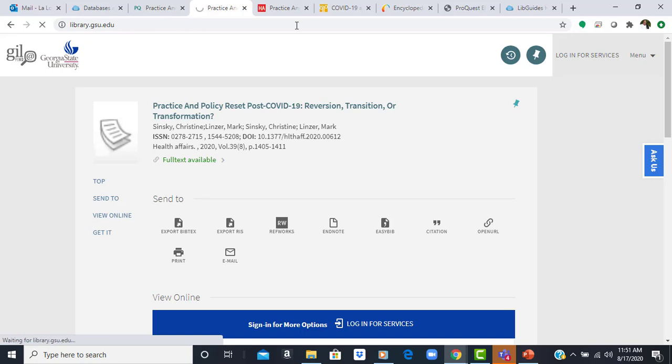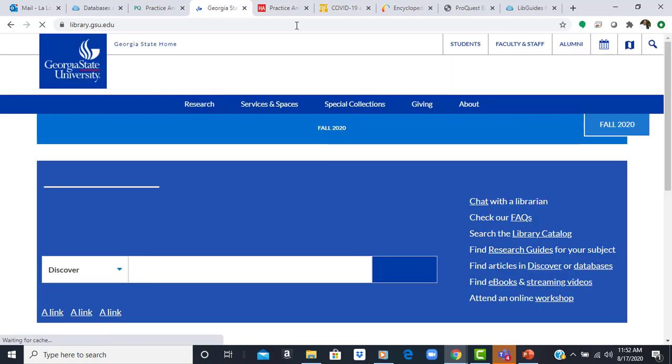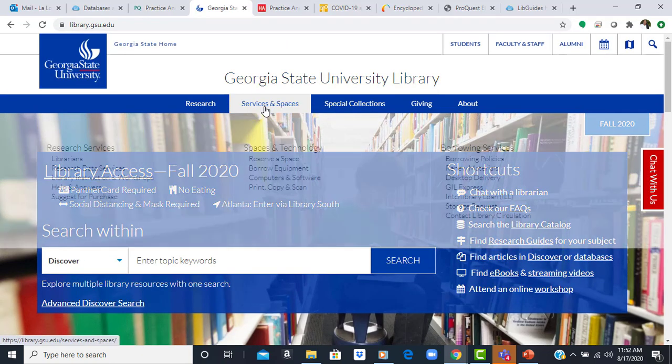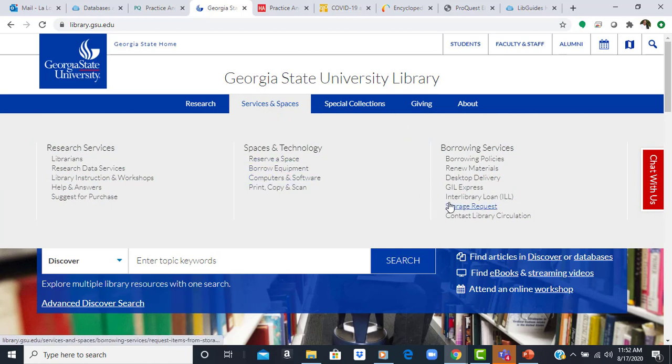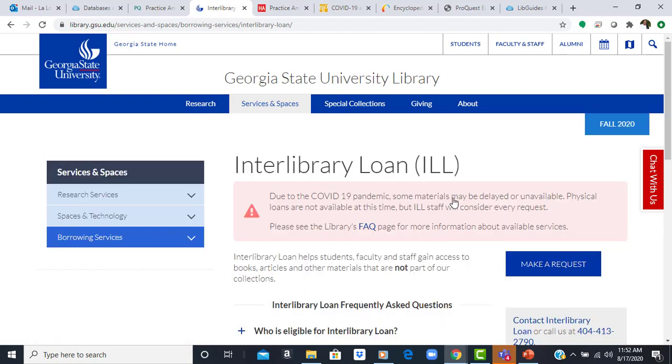And I'm going to show you how to get to the Interlibrary Loan link. Going back to the GSU homepage, the library's homepage, library.gsu.edu. And it should be under Services and Spaces. It's right there. And you can make a request there. Going back to the research guide,